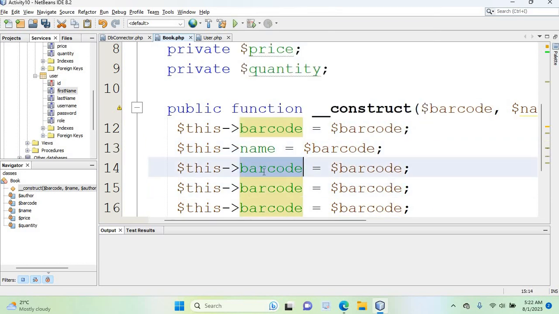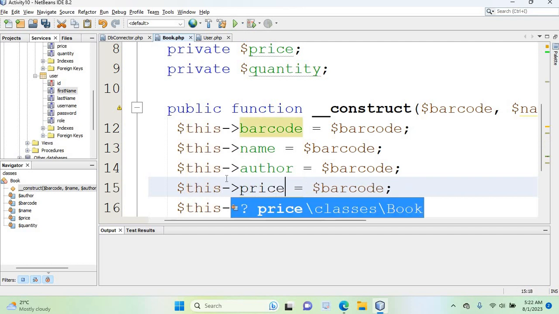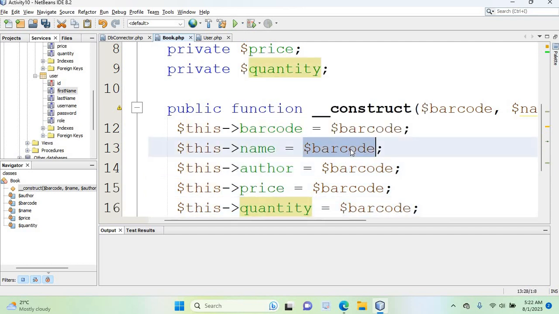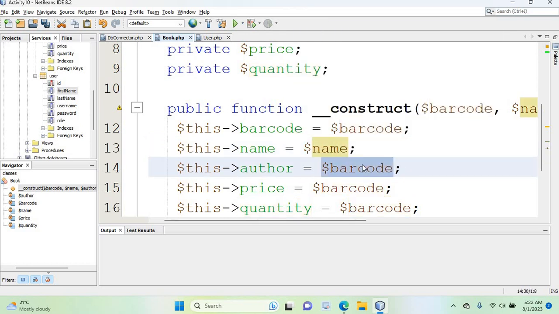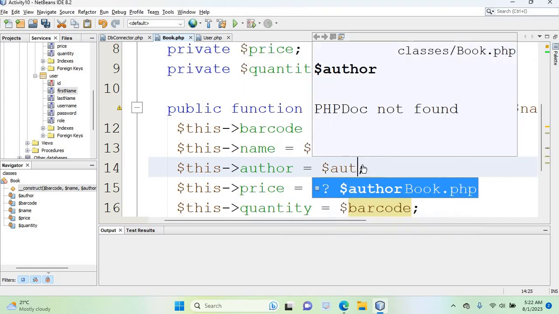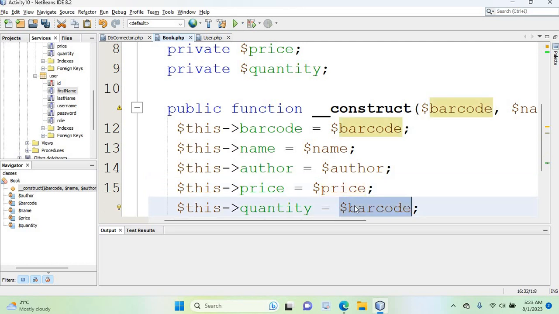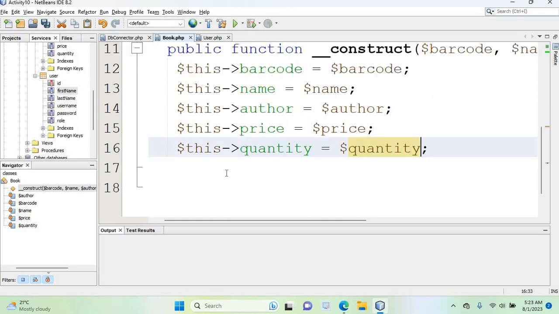Name, author, price, quantity. And here also $name, $author, $price, $quantity. Okay,